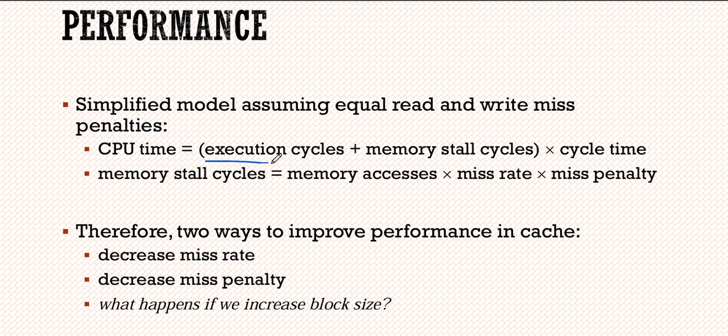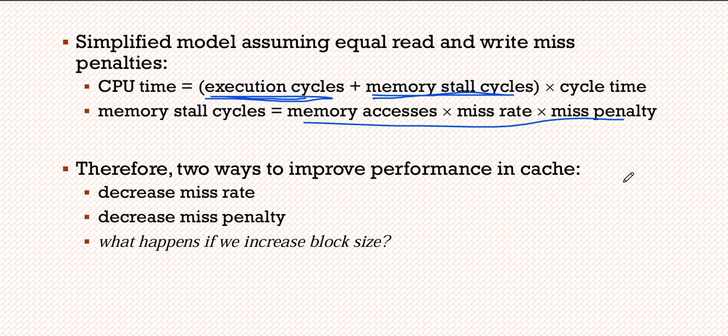So we have the execution cycles. That is the cycles in which the PC executes normally, not cache dependent. And we have the time when the memory actually stalls, when you are paying a penalty for a hit or a miss on the cache, all times the cycle time. Now the memory stall cycles are evaluated as the memory accesses times the miss rate times the miss penalty. For now, it's just a bit of this, but we'll see a formula, a raw